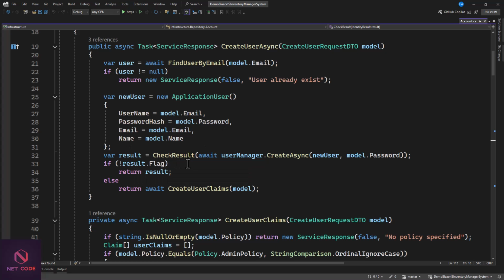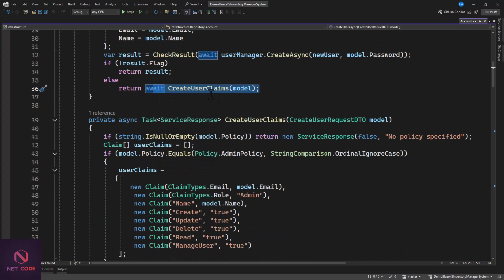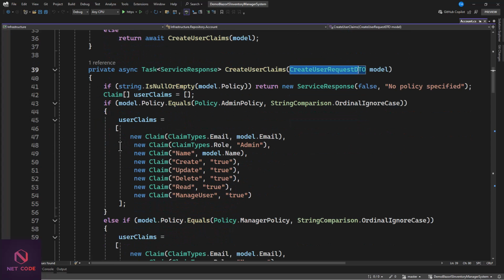Here we are checking if the response is false, then we want to return the result, because the result is going to come in with the Boolean expression and also the message. Else we want to create user claims. So let's see the method. We want to create claims for this user. In this method, we pass in the current module coming in. We check if it is not null from the policy that we see in here, then we want to create a list of policies or a list of claims for this. These are the claims that we need: the name, the create, update, delete. So we need all policies, and we set them to true